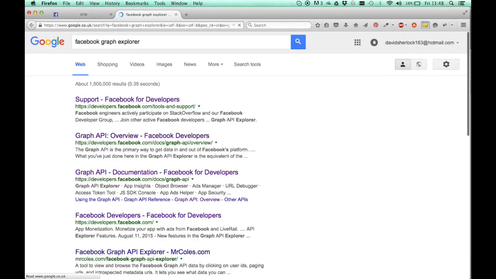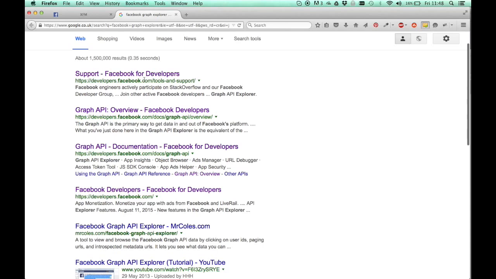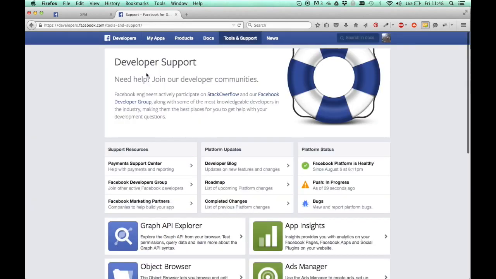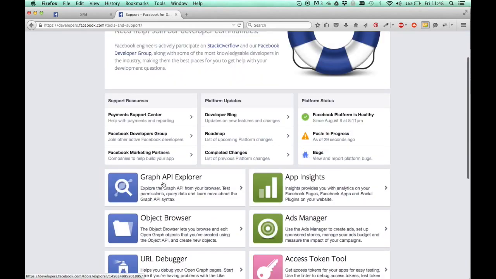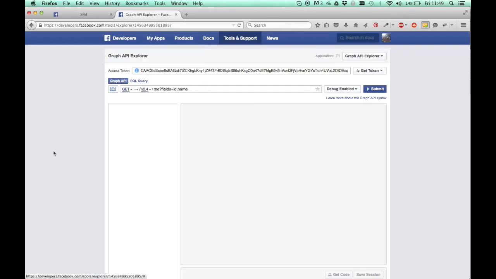So, if you just search for that in Google, it didn't seem to come up. But if you click the first hit, which is Tilton Support, you want the Graph API Explorer. So you should get here,